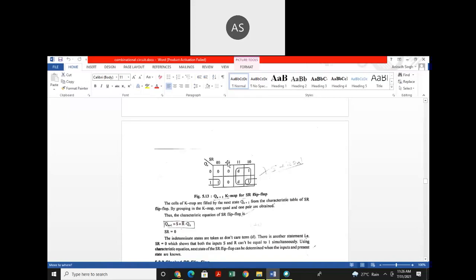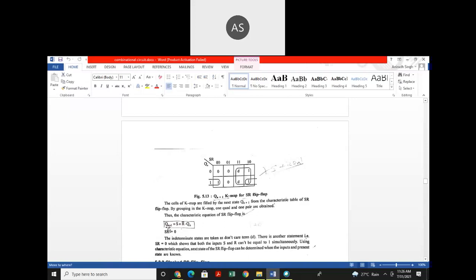So by simply filling these values of next state for different combinations of SR and Q, we get the K map, and if we minimize this K map, we get an expression for